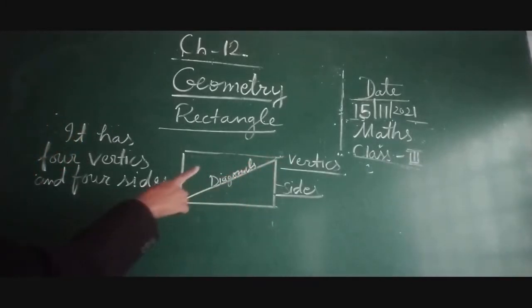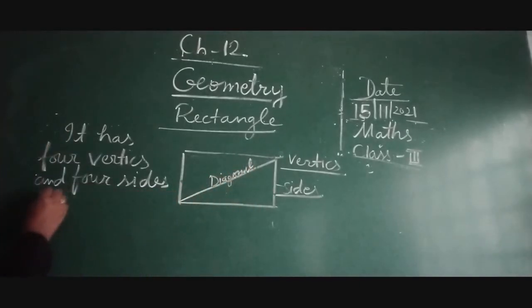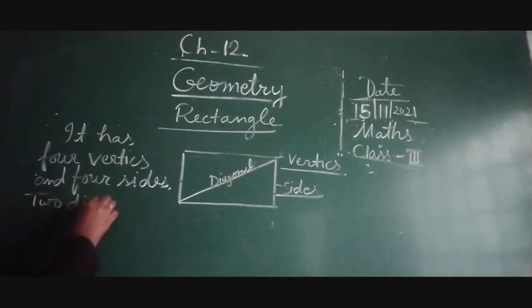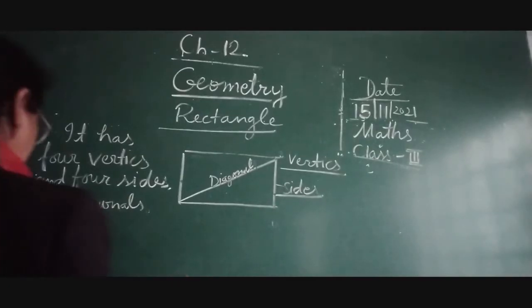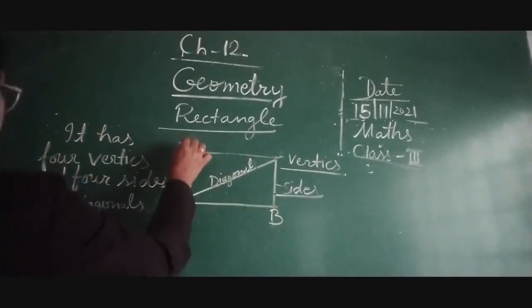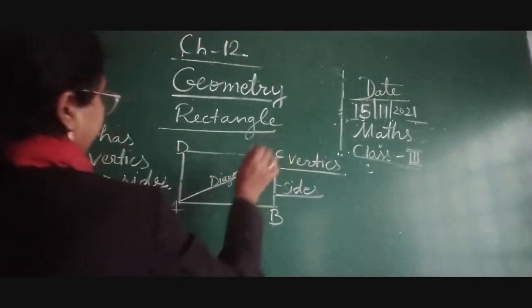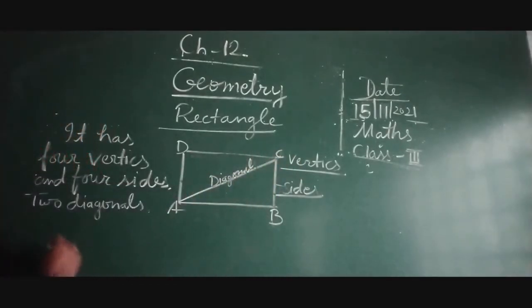2 diagonals, here also you can see 2 diagonals. So we will write, side, 2 diagonals. This represents AB and here DC. So here children you can see AB and DC. So we will write like this, AB and CD